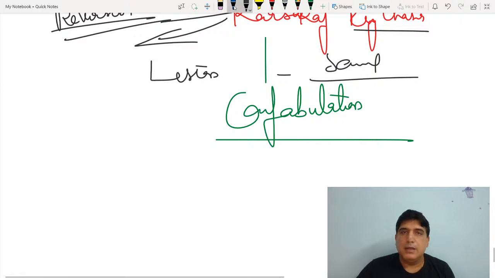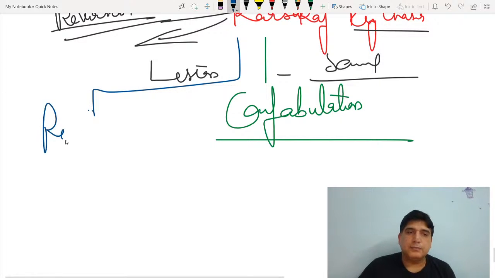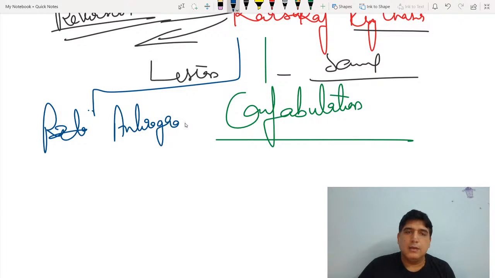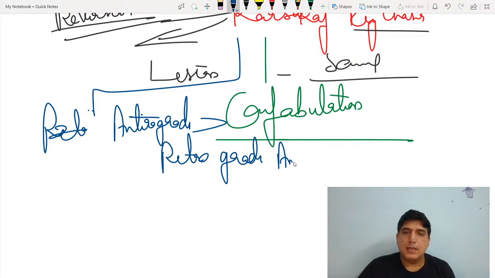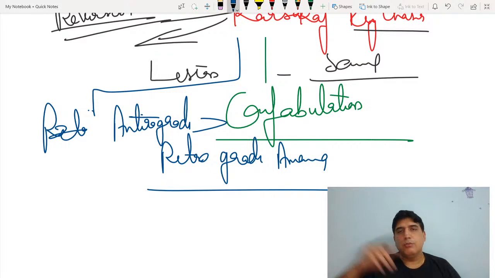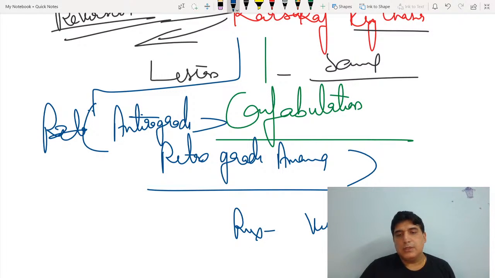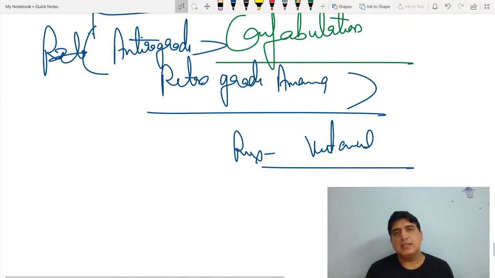And please remember that in Korsakoff psychosis we have anterograde amnesia more than retrograde amnesia. In most conditions we have retrograde more than anterograde. It's one of the rare conditions where anterograde is more than retrograde, and treatment is vitamins. So guys, today we covered dementia, delirium, Wernicke's encephalopathy, Korsakoff psychosis, the total neurocognitive disorders.